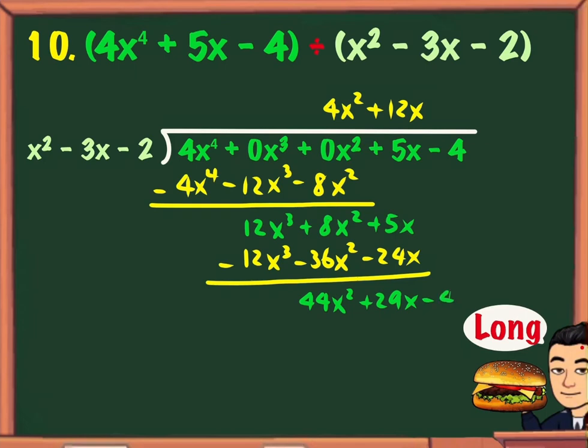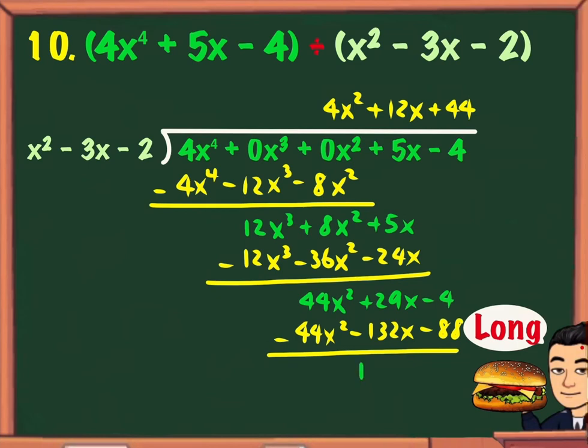Bring down the negative 4 and multiply by positive 44. We get 44x squared minus 132x minus 88. So if we subtract it,